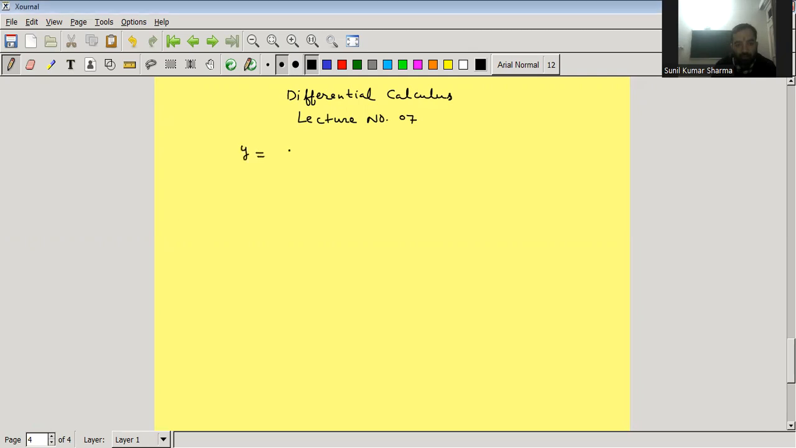if y is equal to (ax plus b) to the power n, then the nth derivative of this function, yn, is a to the power n into n factorial. This is first. Second, if we have y is equal to 1 upon x,